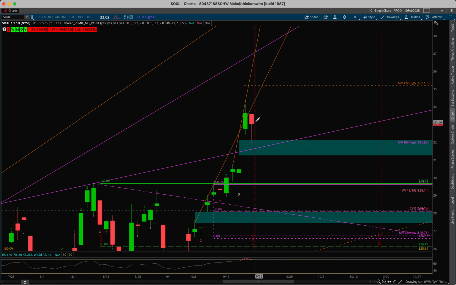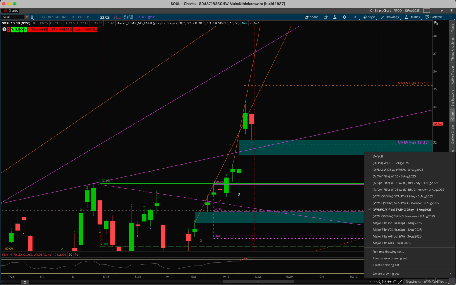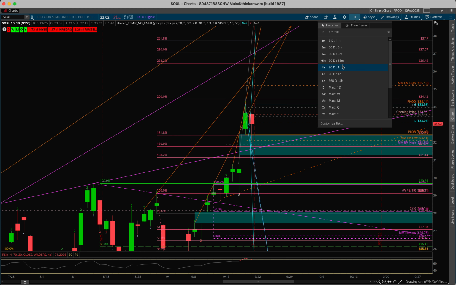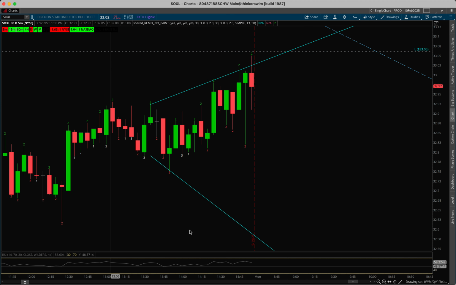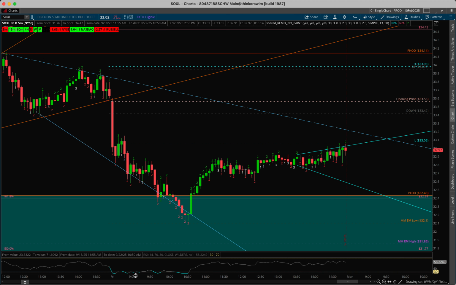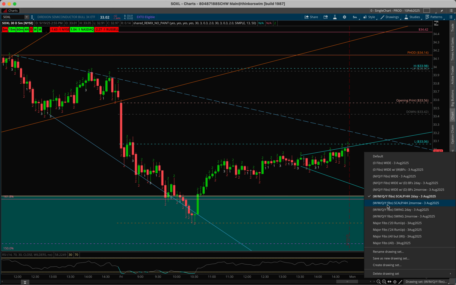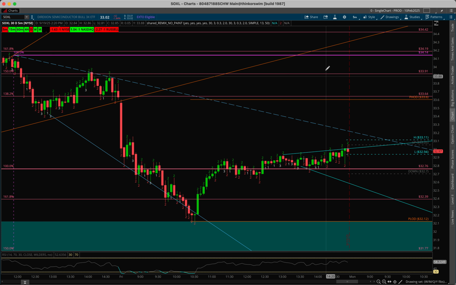So it's not an end all be all, but at the same time, when we look at things from the intraday perspective, and we look at the market maker's expected move low for Friday, price did bounce off of it. So again, it's not an end all be all, but it is a price level that you want to know about. Okay. So we looked at the market maker's expected move. Let's look at the